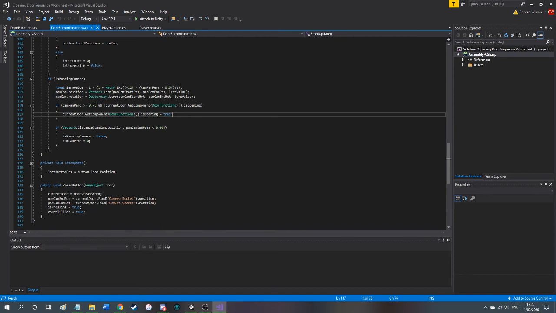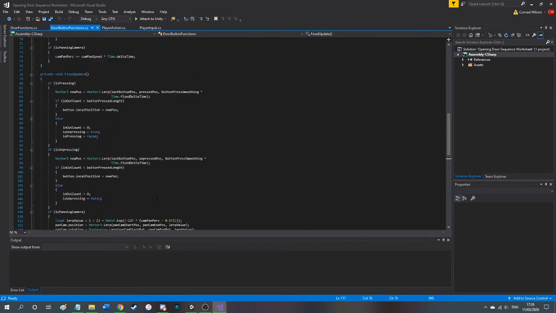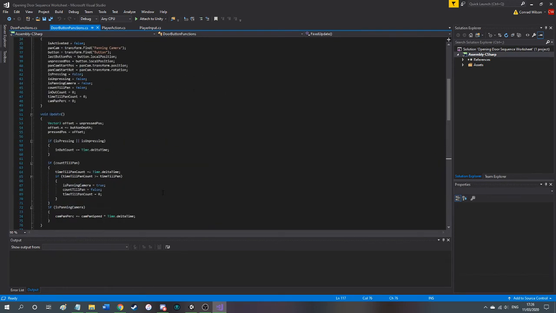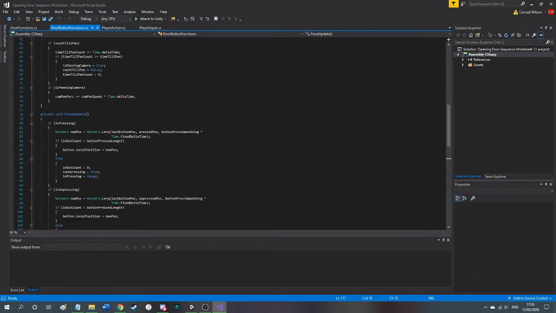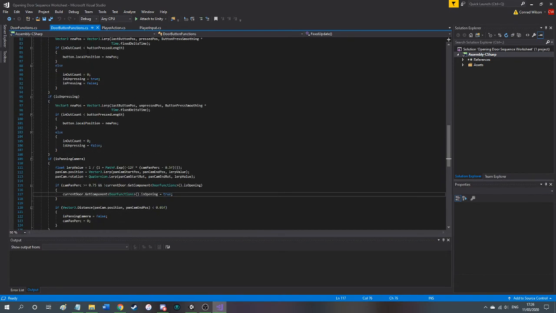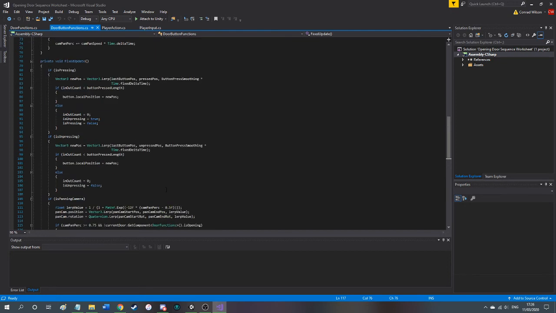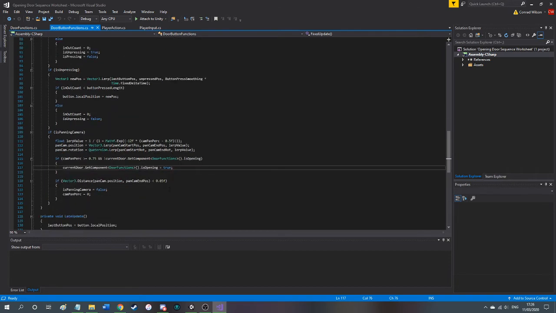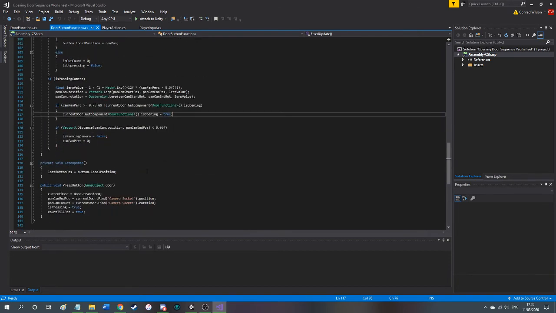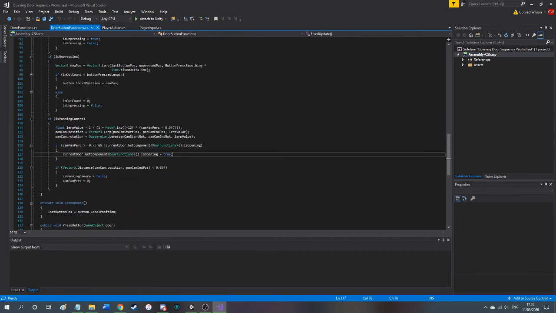So we set up everything, and we start pressing or unpressing the button. This whole function basically has three lerp elements, and that's it. One for pressing the button down, and one for unpressing it. It happens one after another. And then the camera pans. As the camera pans, once it reaches 75% of the way, it will then tell the door,